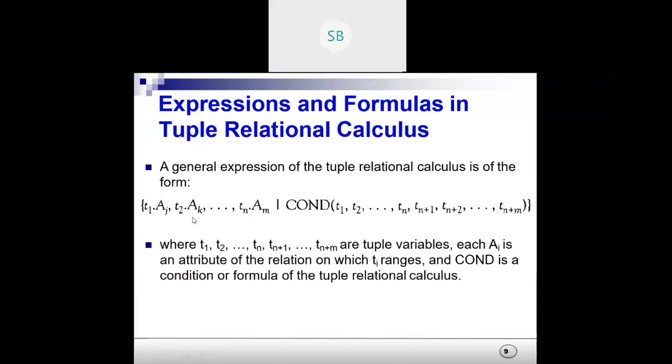Otherwise, this is a proven fact. Where t1, t2, tn and tn minus 1 are tuple variables. All the t's you are seeing are the tuple variables, and ai is an attribute of the relation. The attribute is the column. And c is the condition or formula of the tuple relational calculus.